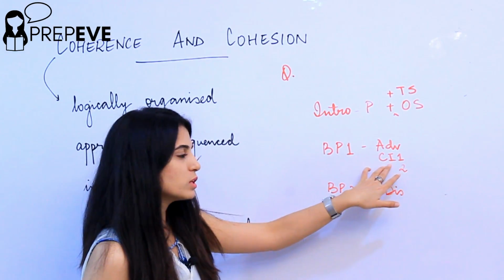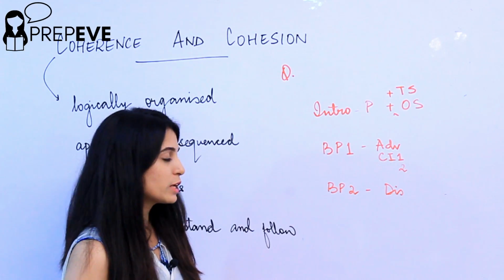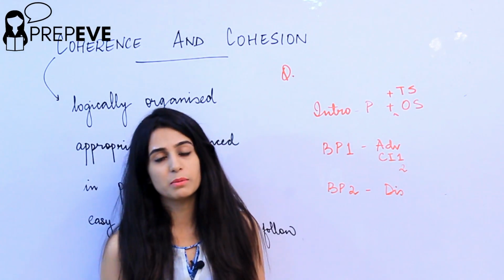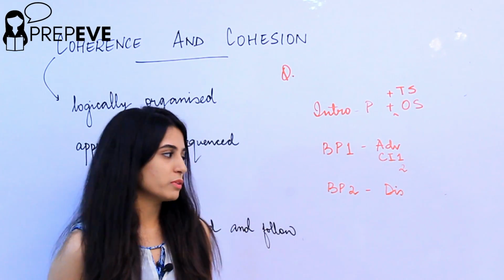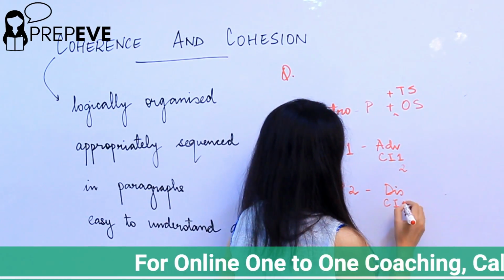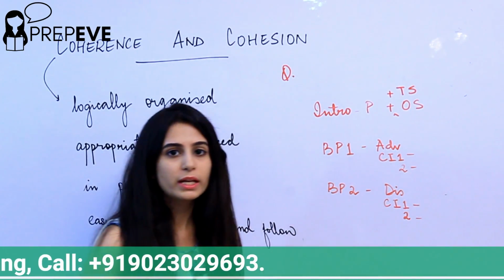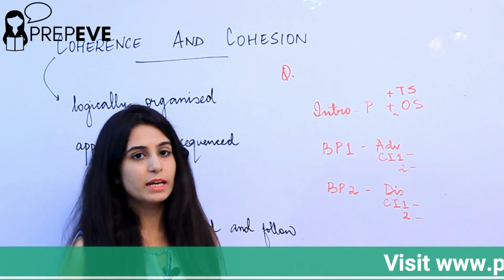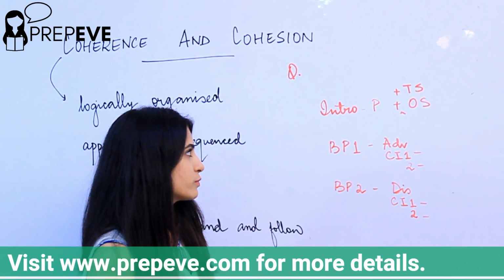So here you have a controlling idea. The controlling idea is to be supported with examples, with supporting statements, or with statements from your very own experiences. Your examples can be factual, can be imaginary, and can also come from your personal experiences. Similarly, for disadvantages you repeat the same thing. You give your controlling idea 1, and you can also give your controlling idea 2. Each of these ideas has to be supported with a supporting statement or explanatory statement that explains the topic sentence or the controlling idea, and that can be followed by the examples or the factual information.